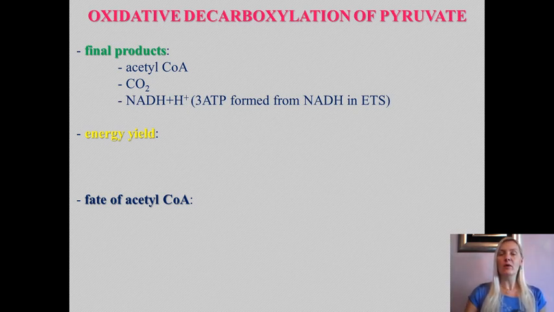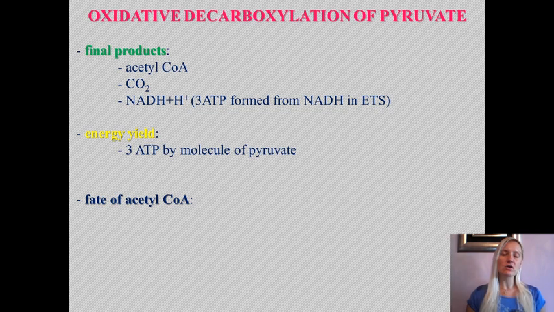We know from our previous general chemistry course that one NADH in the electron transport system forms 3 molecules of ATP. So if we have the formation of one NADH in one rotation of oxidative decarboxylation, which means 3 ATP, we can conclude that the energy yield is 3 ATPs